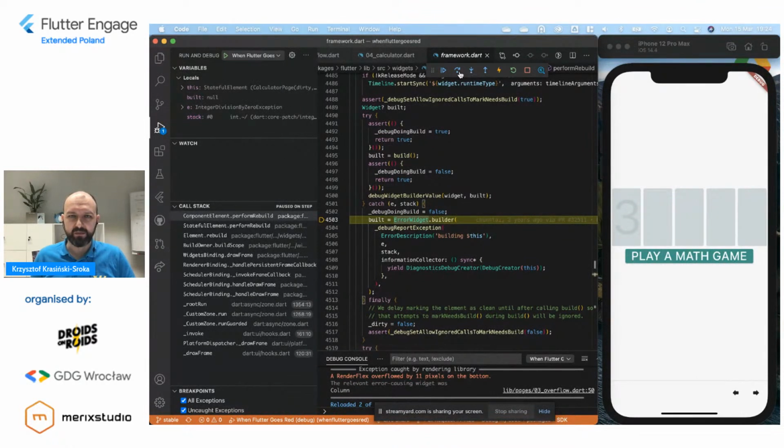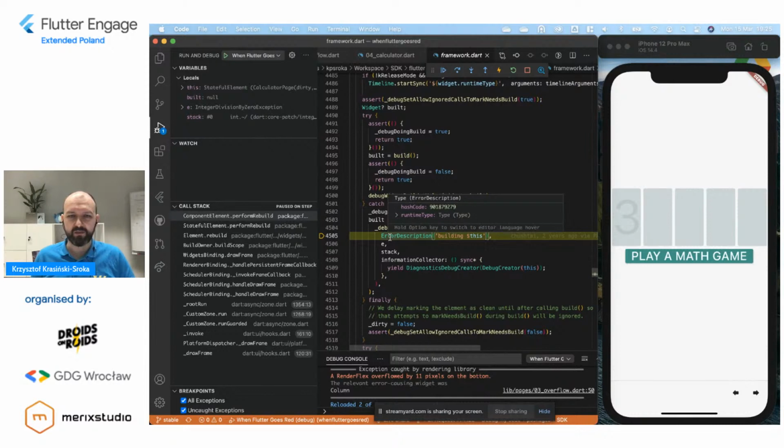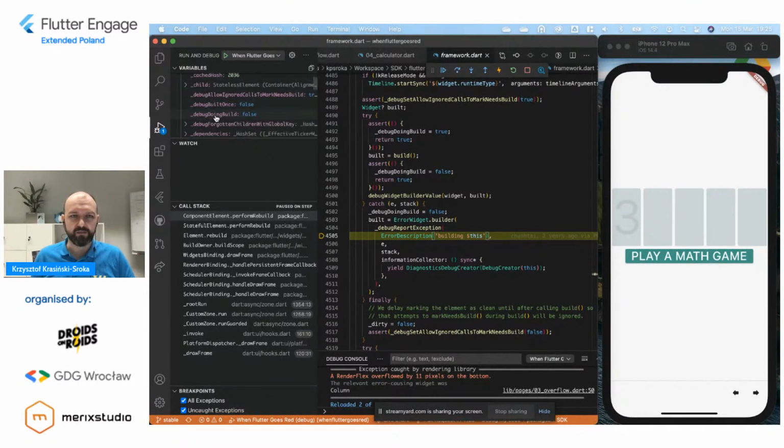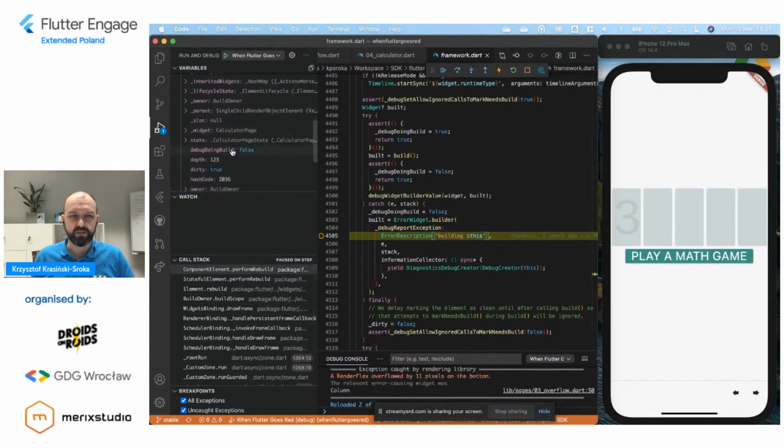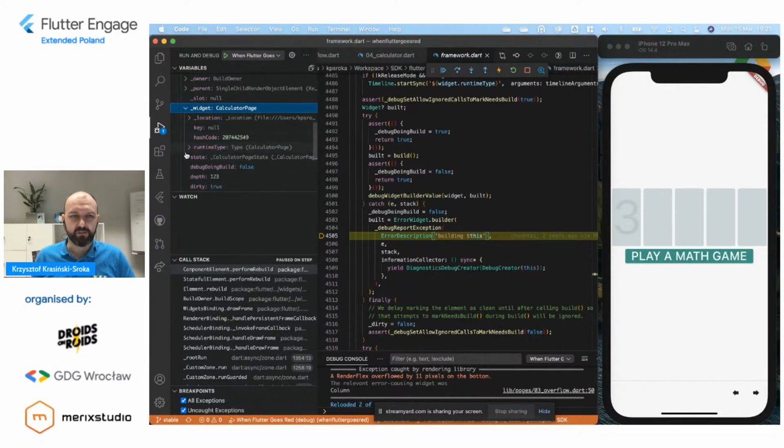I can step into and see, okay, the next thing it tries to execute is an error description building this. And if I take a look, this is a stateful element. It doesn't really tell me a lot, right? So Flutter is quite a bit magical, but it finds, oh, this is a page that caused the problem, because we have a widget called calculator page.